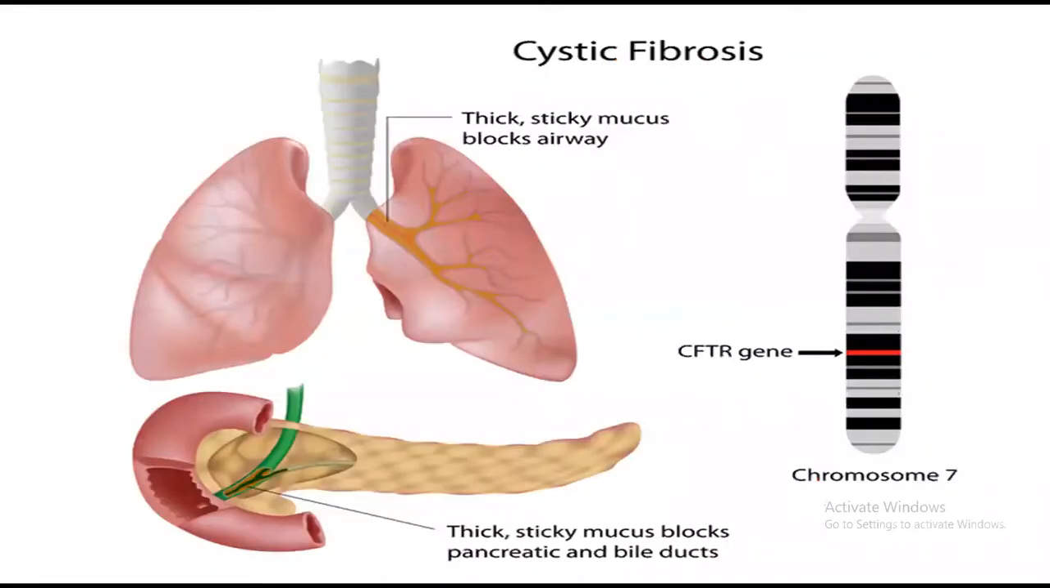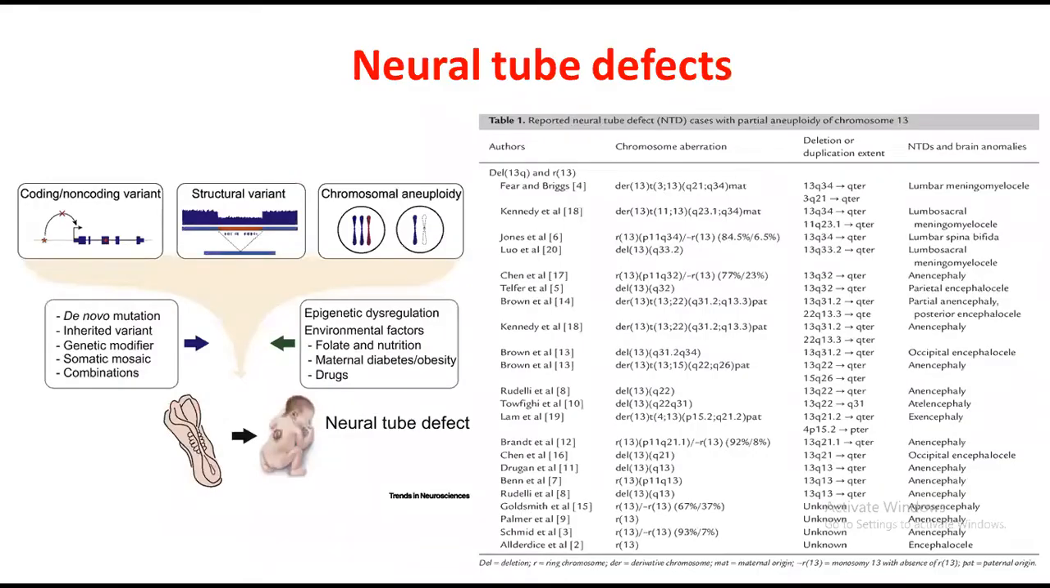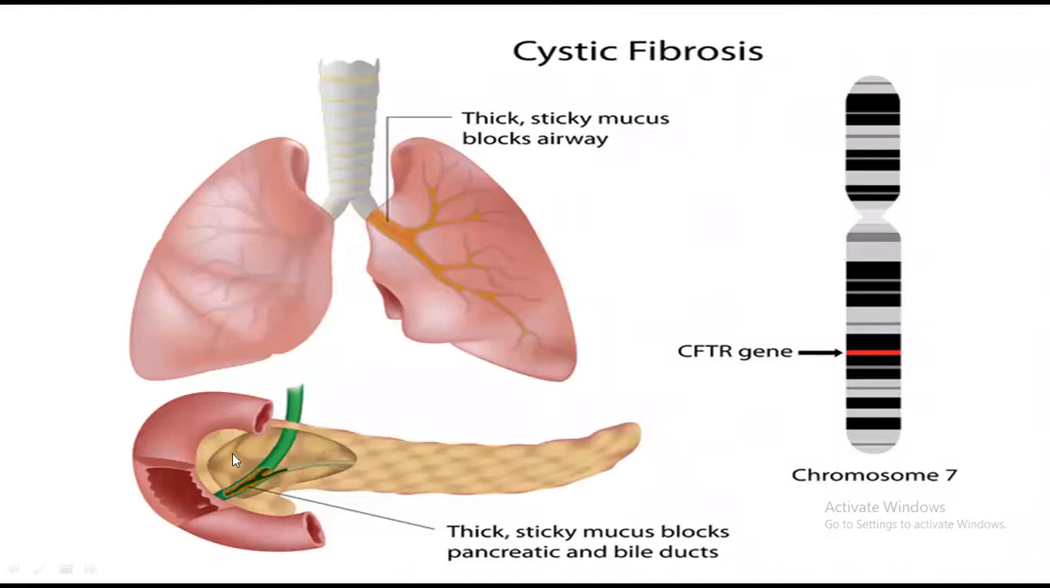Okay, we can also detect cystic fibrosis. We all know what cystic fibrosis is, when there is abnormal production of sticky mucus inside the lungs and the pancreas. CFTR is a gene that is present on chromosome 7. If it is mutated, so